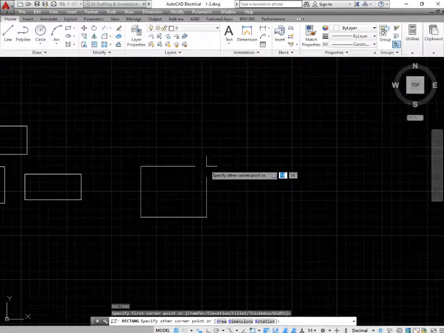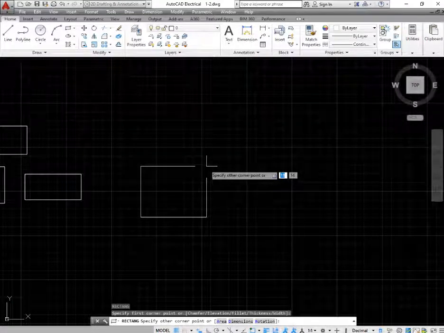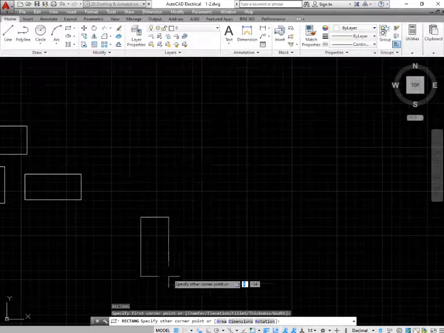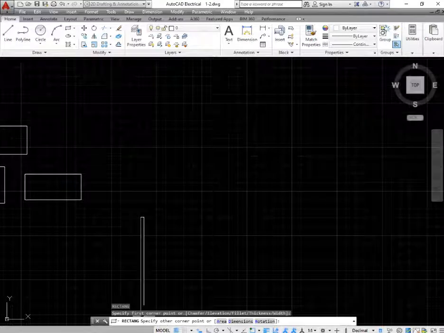Go at the bottom in command line. You can see specify the other corner point or area or dimension or rotation. So I want to give it a dimension. Simply press D and press enter.